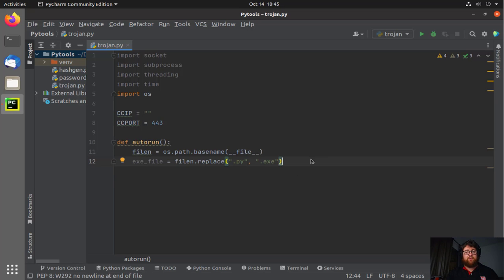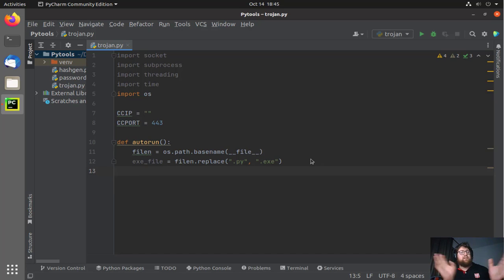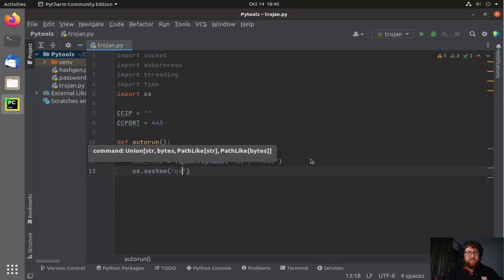Okay, so let's continue. Now we have done this. We could print a message, like print exe file, and it's going to print one file copied and the name of the file, but we don't want the target to see any terminal. So now we are going to import os.system, and then we're going to copy it. Open close brackets, and then here